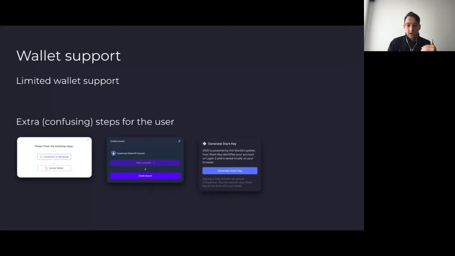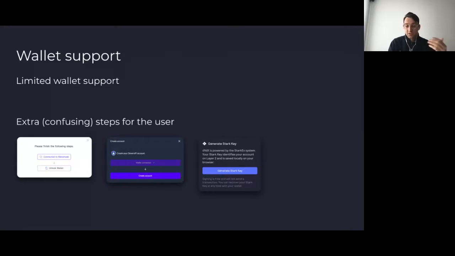And putting these extra steps to the user which are unknown is scary. So for example, you can see these different types of messages that you would get to perform this process, and that does actually scare a lot of users away. At DeversiFi, we see about a 12% drop-off in the user flow at this stage. And when we ask people why, they basically say, I don't understand what this step is, and it's because it's to do with your wallet and signing things.